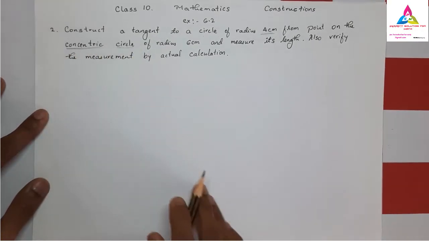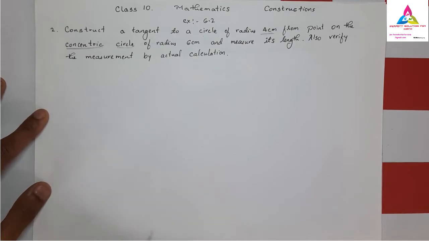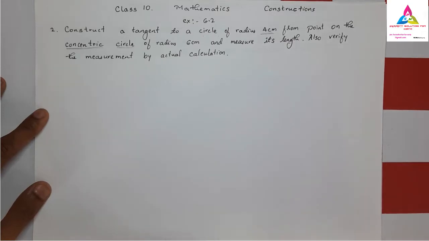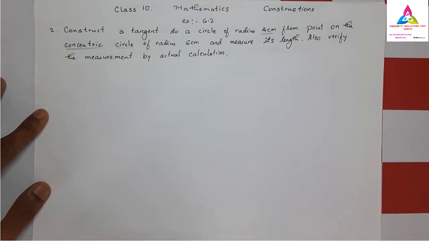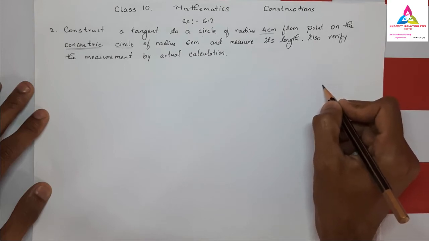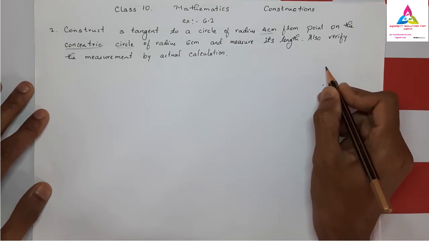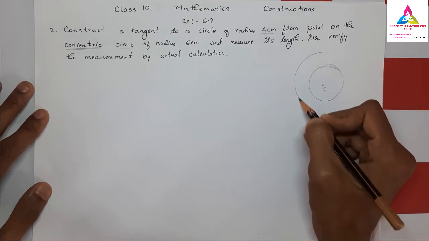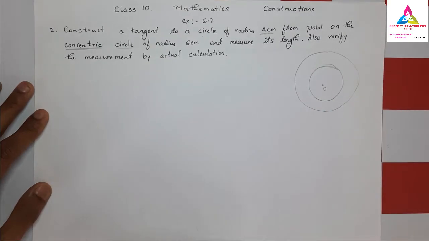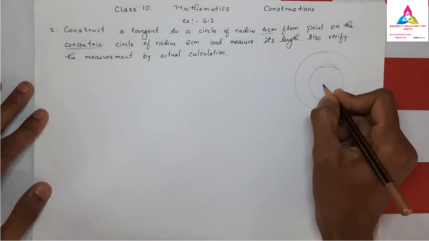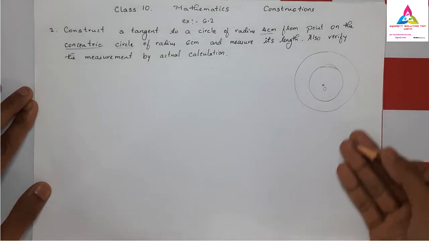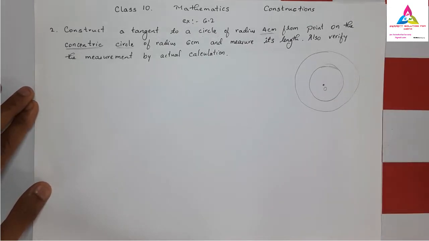So what do you mean by concentric? A concentric circle is nothing but circles having a single center, and there are more than one circle. For example, if you have a center O, for that center O we have one circle here, and similarly we have one more circle outside of it. But remember, both circles have the same center, that is O. This type of circles we call concentric circles. Not only 2, you can draw 3, 4, 5, but the radius will be different for each circle.